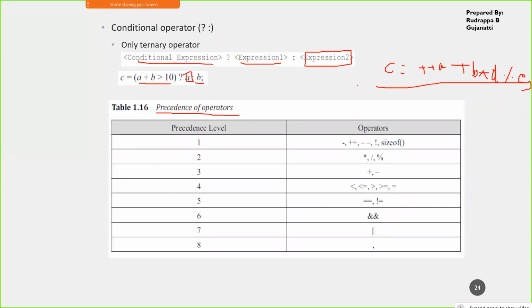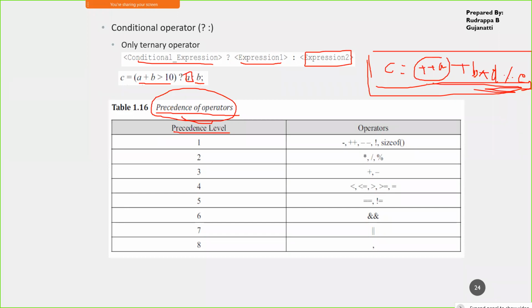When you're evaluating such expressions, the precedence of the operators has to be looked at. Without that, I cannot directly tell that the plus plus operator will be executed first. I have to look at the precedence level and see which one gets executed first.